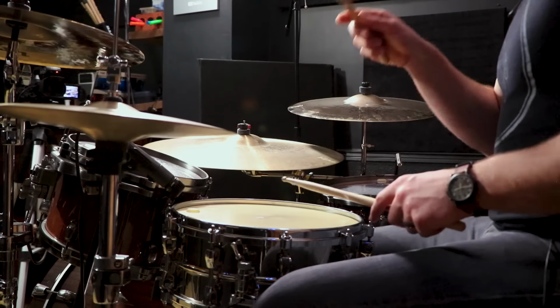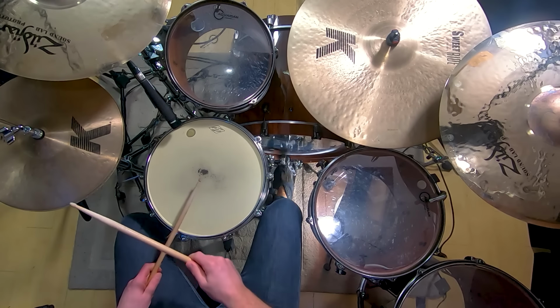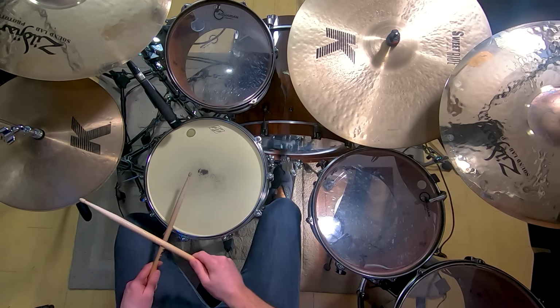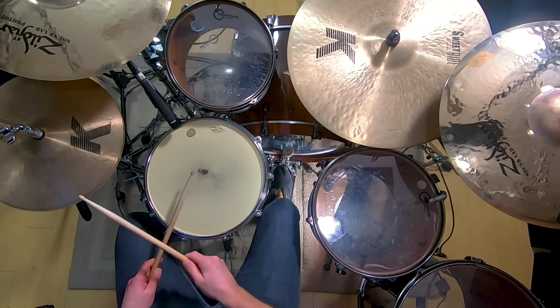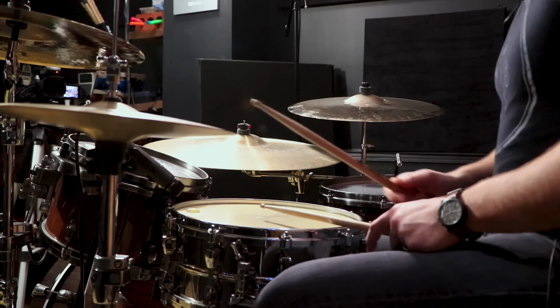Add the snare drum. 1 and 2 and 3 and 4 and 1 and 2 and 3 and 4 and 1 and 2 and 3 and 4 and 1, 2,